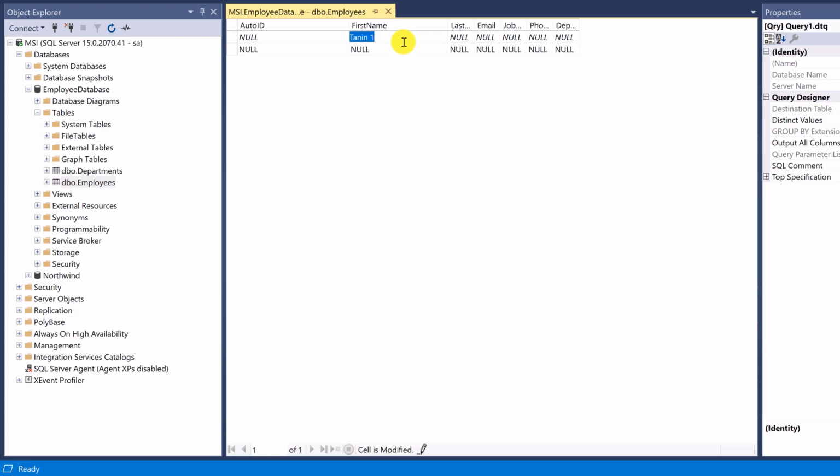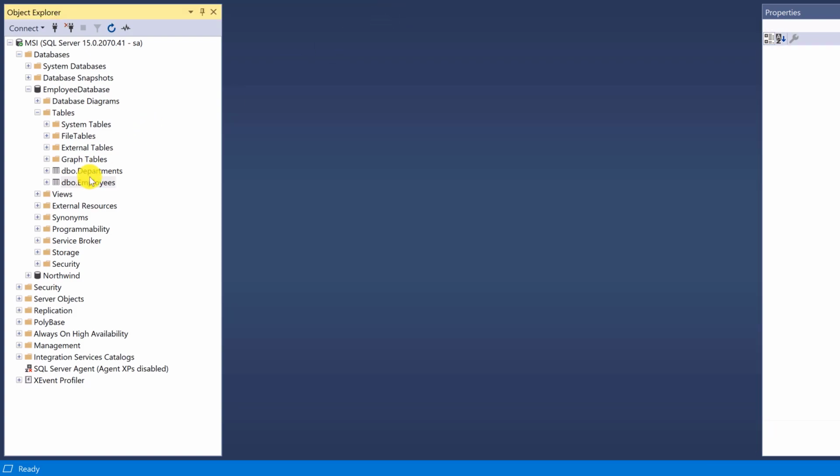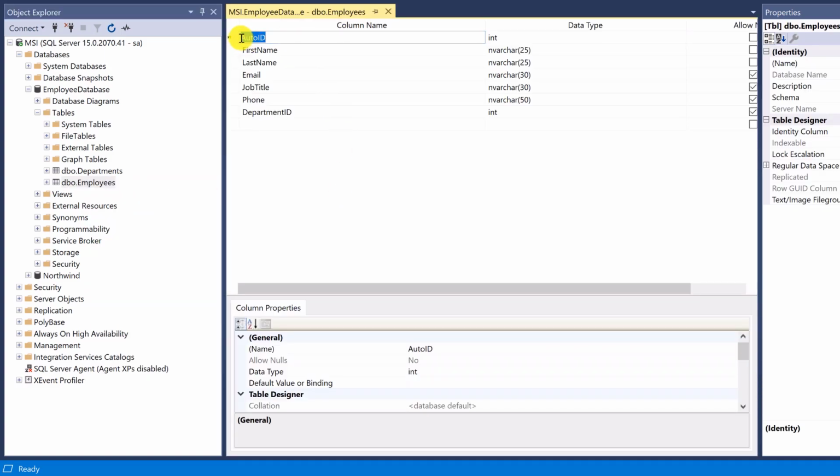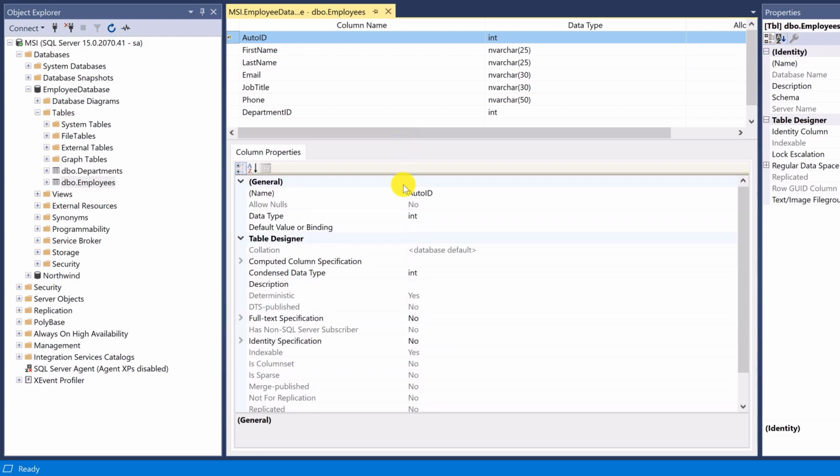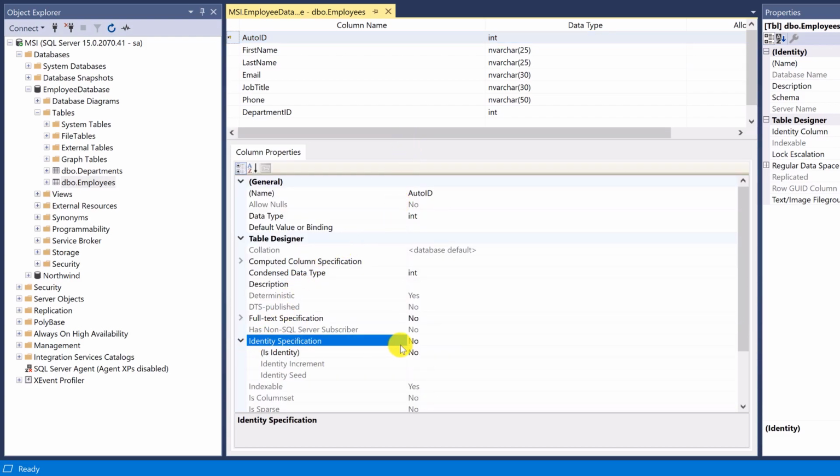Go back to the table and look at primary key. Design. Primary key. I see, this has to be, yes,